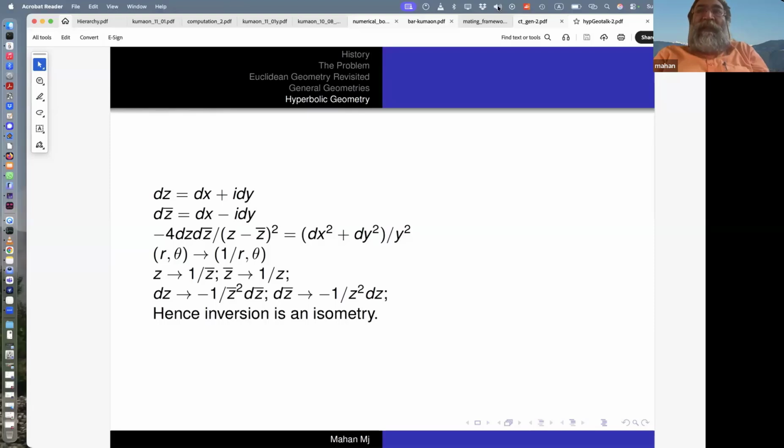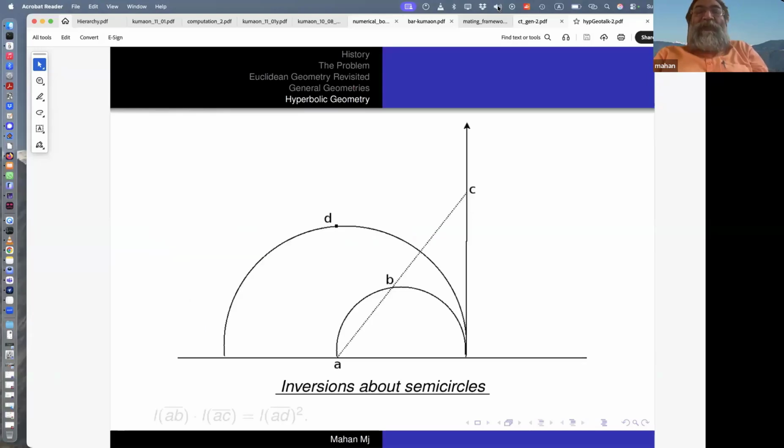And what did we say? Now, since you have an isometry, you look at images of straight lines under this isometry. Whatever we have done so far is calculus and a little bit of complex analysis. Now, the rest is good old Euclidean geometry. What is the image of a straight line under inversion?